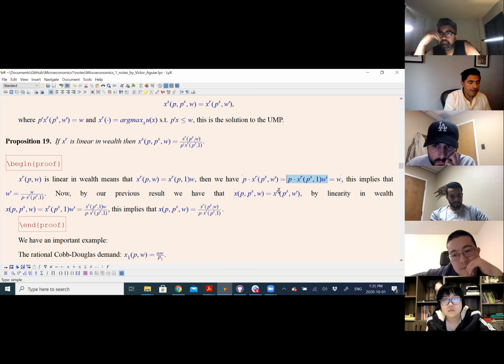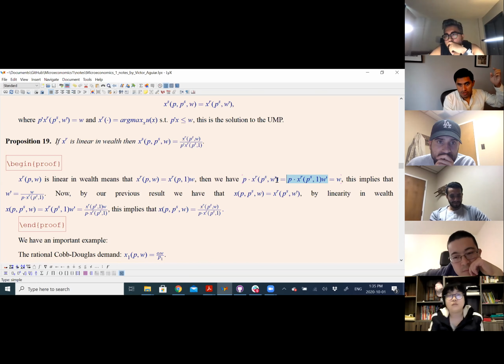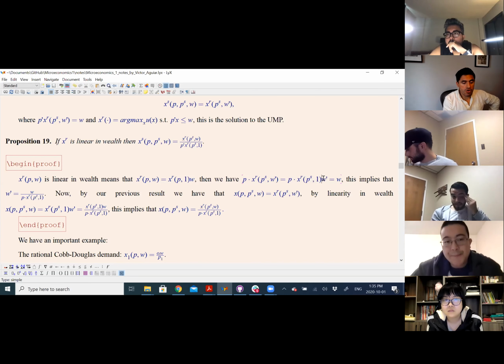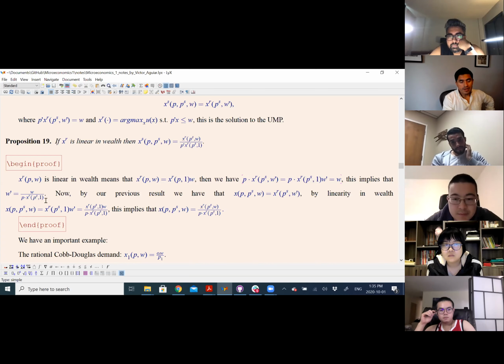And then the key is that I plug in the property that it is linear in income, right? So that means that instead of having W prime inside, which may be highly non-linear, whatever, I know it's for sure linear, so it's just XR PS1 W prime. And then because it's positive, I just solve for W prime. It's a scalar, right? W divided by the inner product of P and XR PS1. So this index that I showed you in the case of the Cobb-Douglas is really this index.